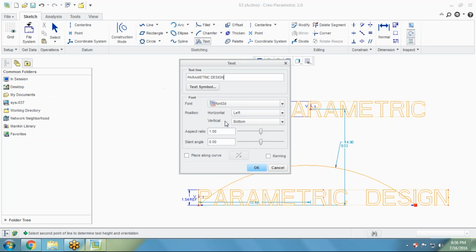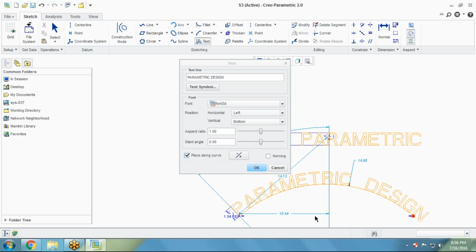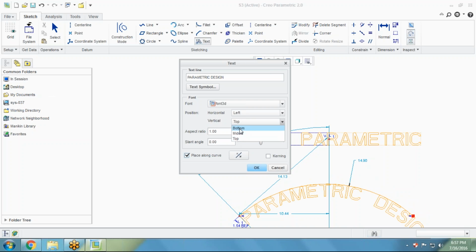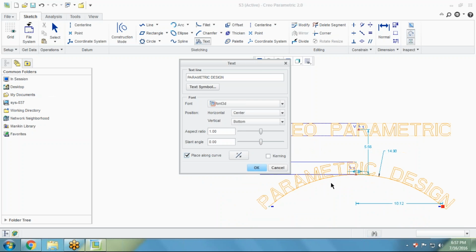So here place along with the curvature. So it will ask you to provide the curvature. So curvature we have selected, and now the object has been aligned with the curvature. And after that, if I want to make it fit, use the middle or top or bottom. Here is the centered, so text will be aligned and adjusted within the section. Click OK,